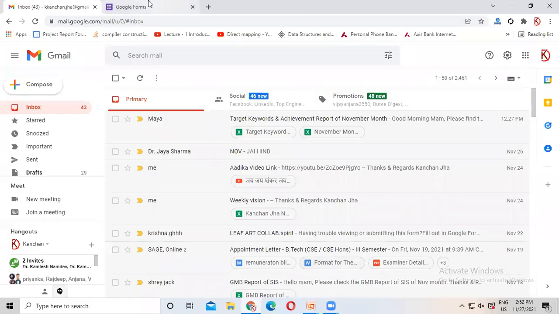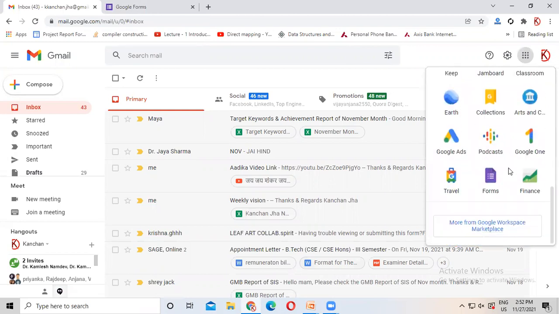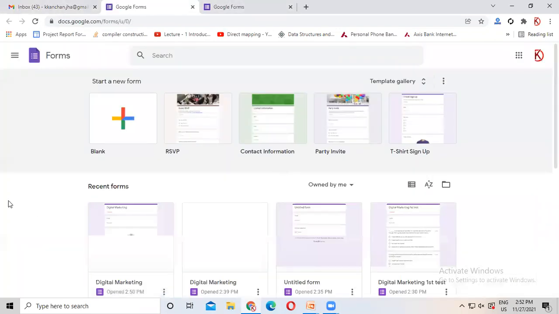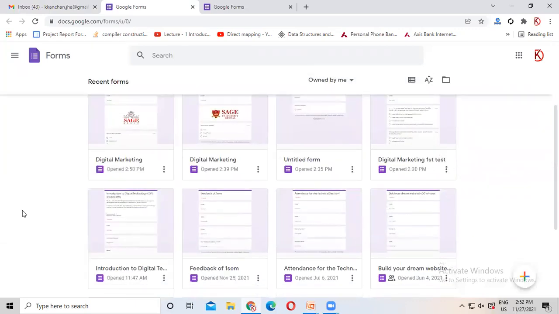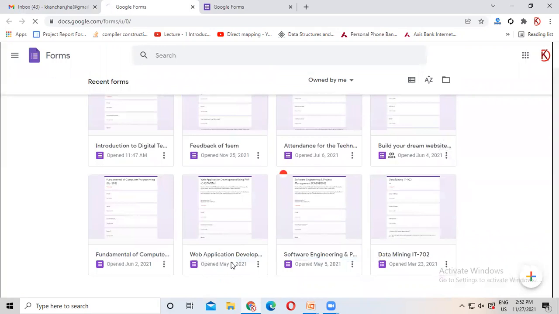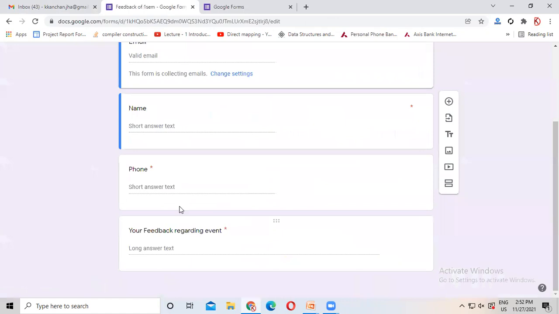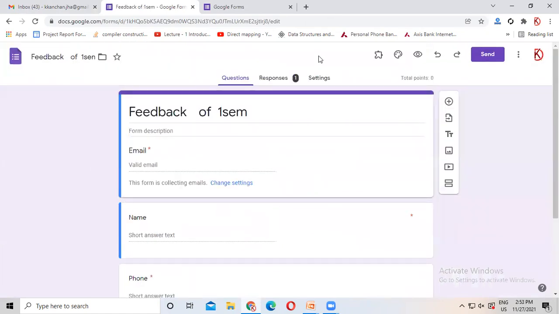As usual, we have to log in to our Gmail ID, then go to Google Apps, then go to Google Forms. Then you have to create the feedback form to which you want to attach your certificate. For example, here I am preparing a feedback form. Here I am going to add the